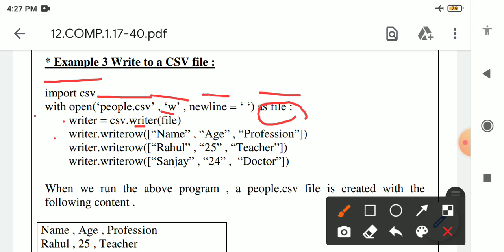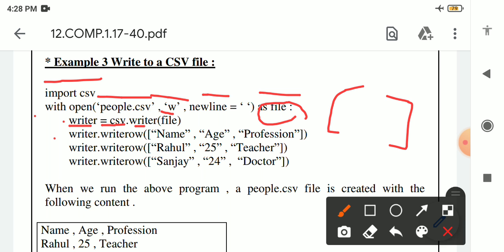From the next line we will use this variable. The variable name is writer. And we will use one more function, writerow, to insert one row at a time inside the file. So it is writer dot writerow. In the first row, see here we are providing the input in the form of a list.